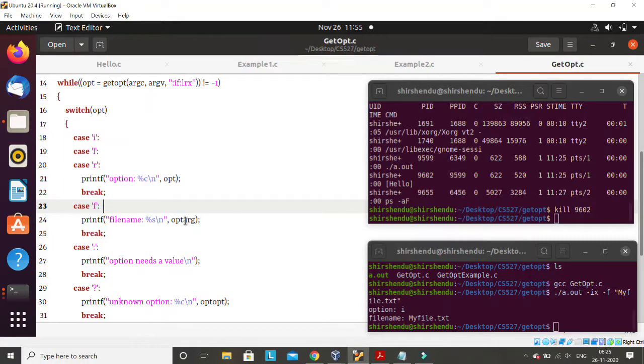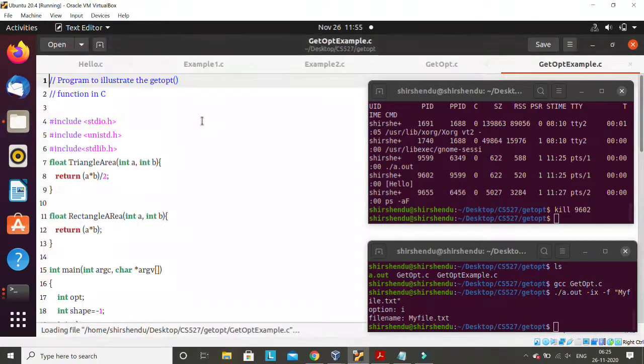I'm not explaining it. I don't think it is my responsibility, because the concept of this function is there on the internet, but this function will really help you in your assignment and all. So let me show you another program here. In this program, what I am doing here,